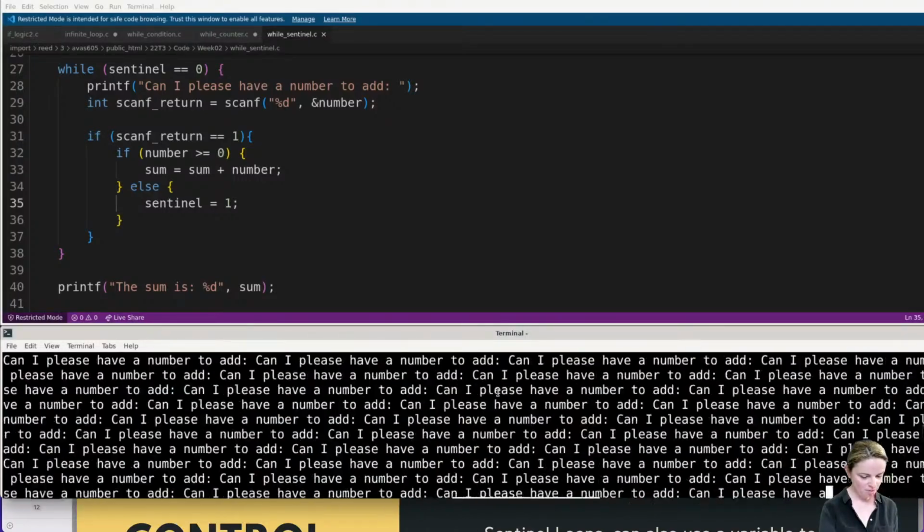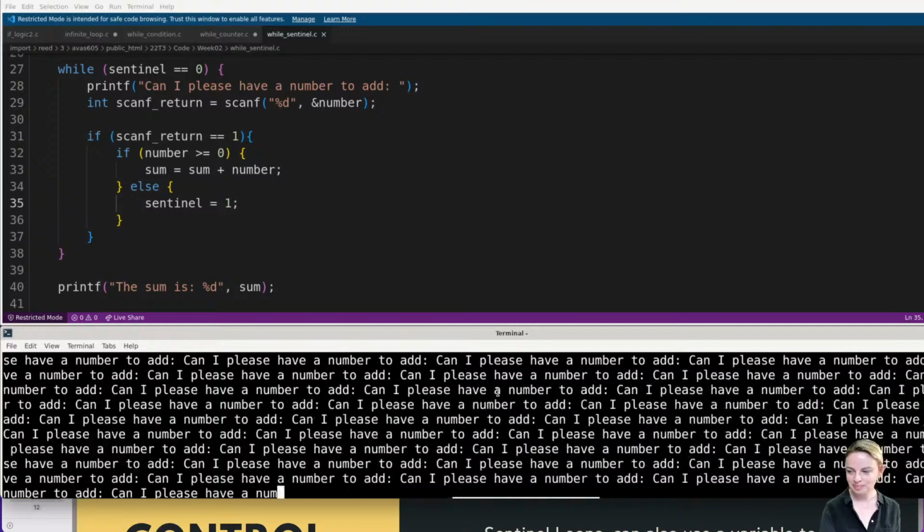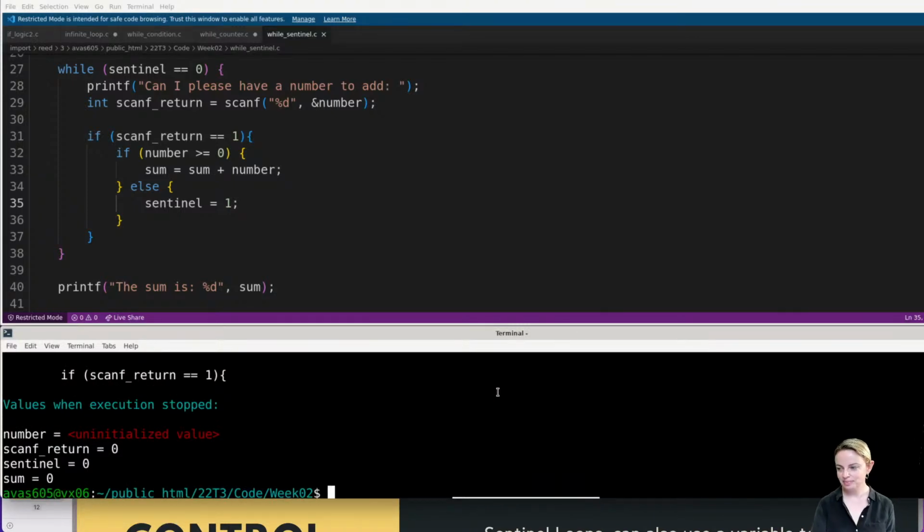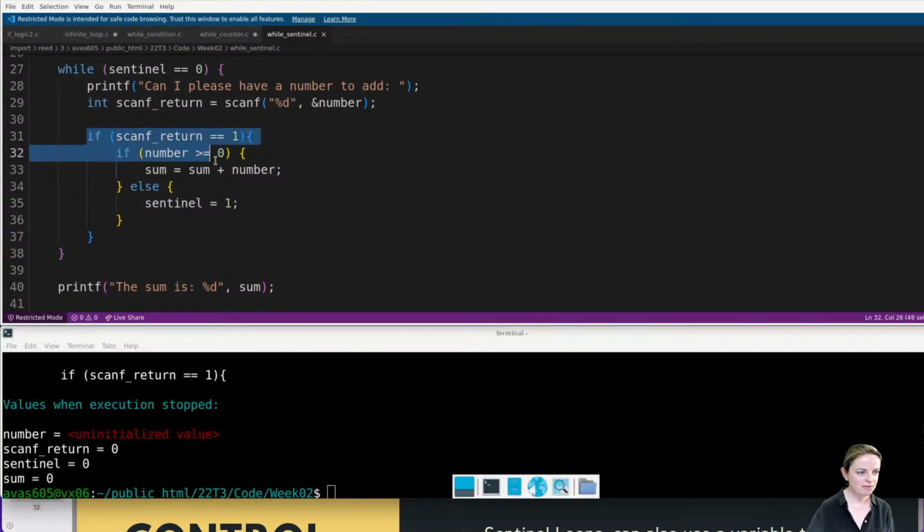Who can tell me why I just went into an infinite loop? Yeah, so I said here, if scanf return is equal to 1, do all of this, but it is still inside the while loop, okay? I haven't said exit out of this while loop if it's not.